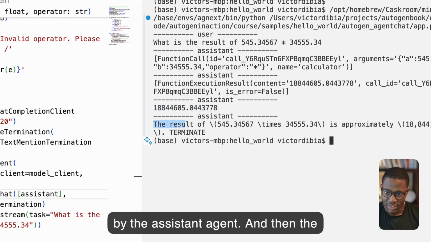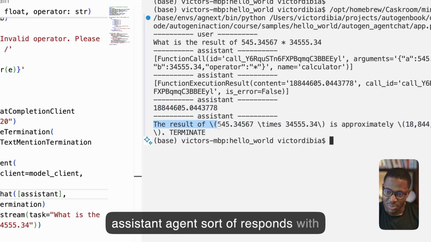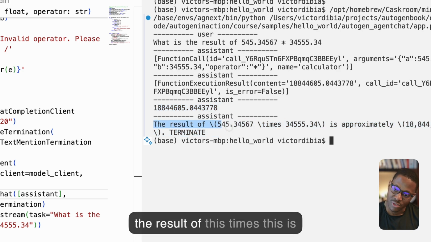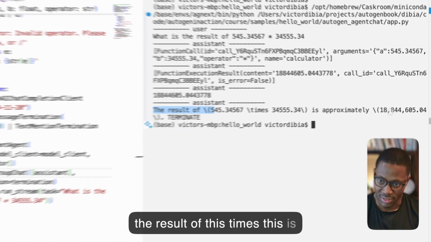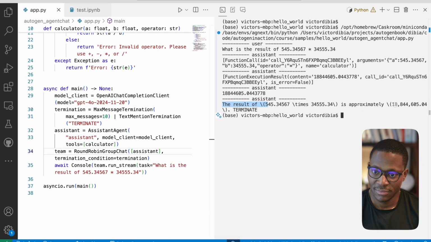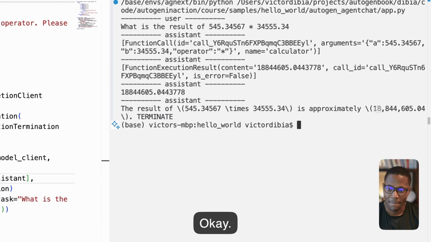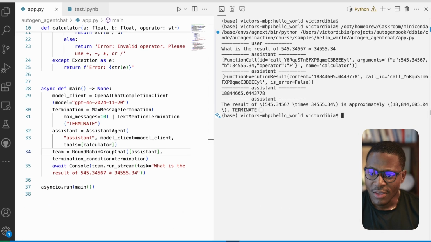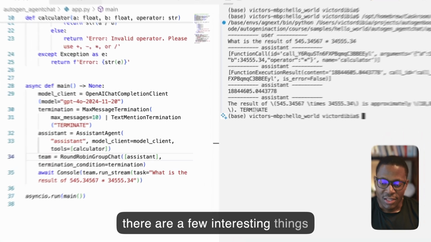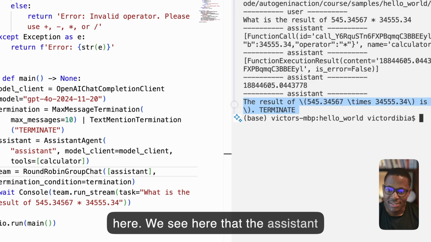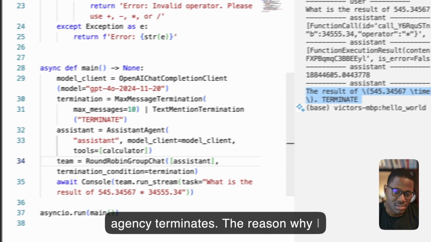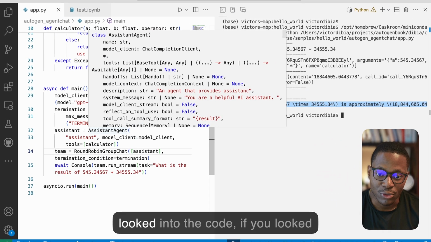And then the assistant agent sort of responds with the result of this times this is approximately this. Okay. So there are a few interesting things here. We see here that the assistant agent says terminate. The reason why it says this is because by default, if you looked into the code,